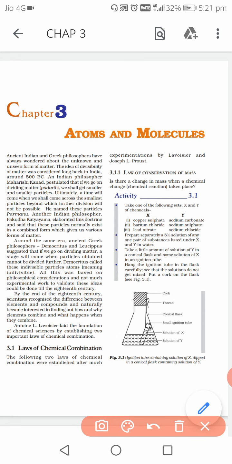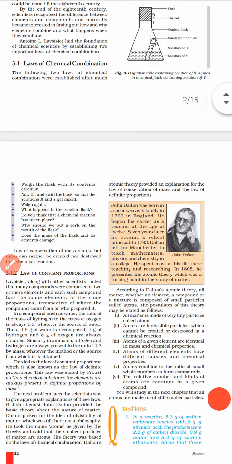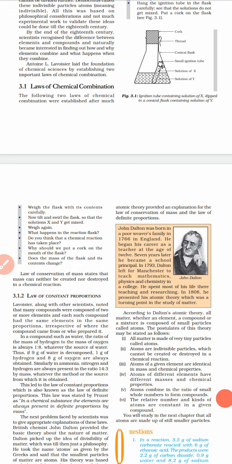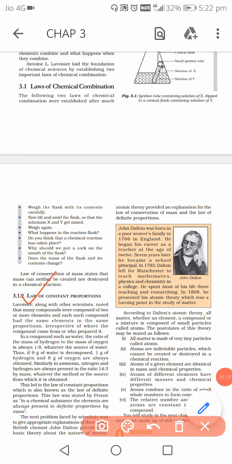First of all, let us discuss two laws. We call both the laws together the law of chemical combination. Under this topic we will get two laws. One is the law of conservation of mass, and the other one is the law of constant proportions. So here we are going to discuss these two laws. First of all,